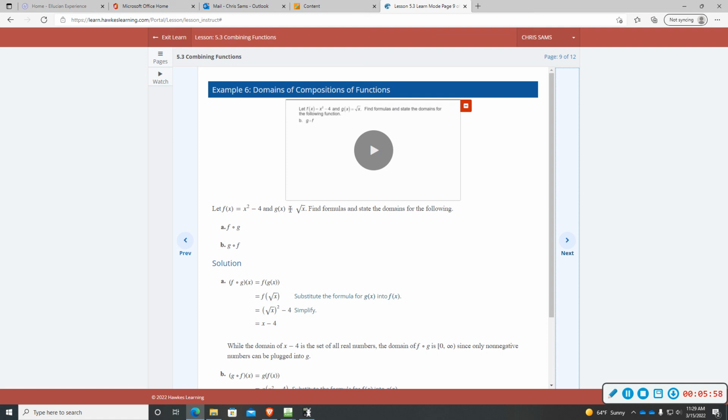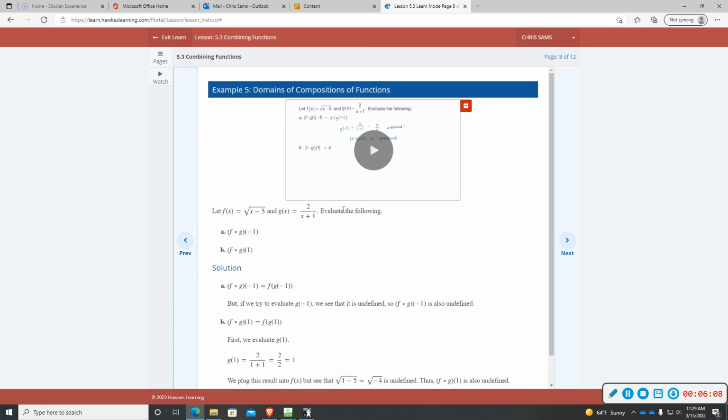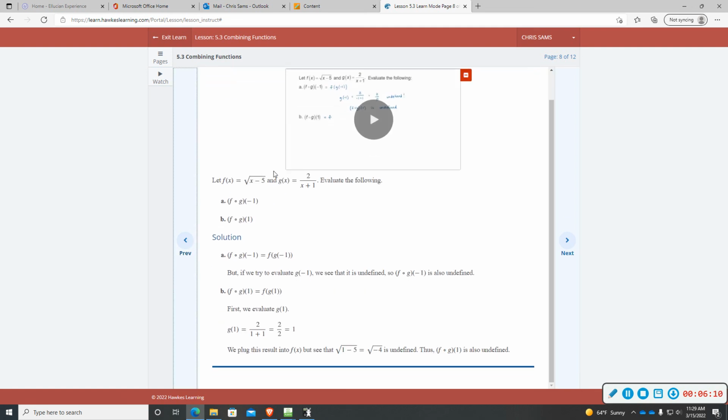restrictions. But again, like this one specifically, you'll have your domain, you cannot be greater than 4, but we'll show you a little bit more as we start doing it, because you'll have restrictions here under the square root, you can't have negative, and you also have restrictions here, you can't be 0. And depending on which one you plug in, will cause you to focus on one set of restrictions and not the other. So for example,